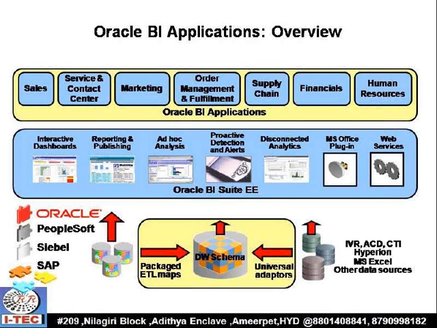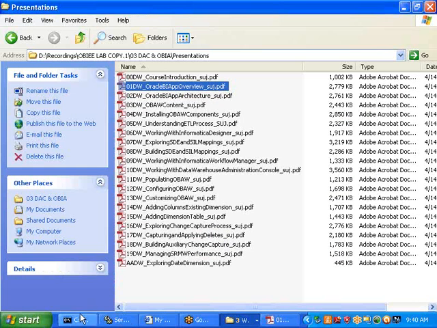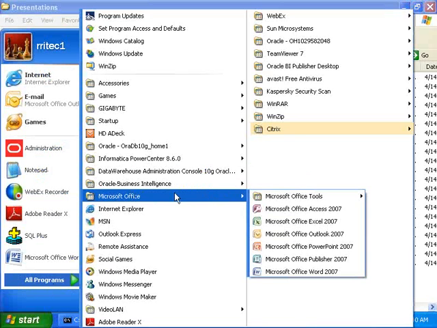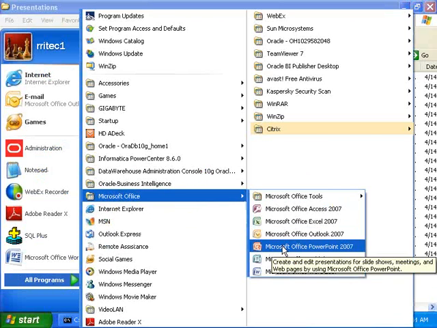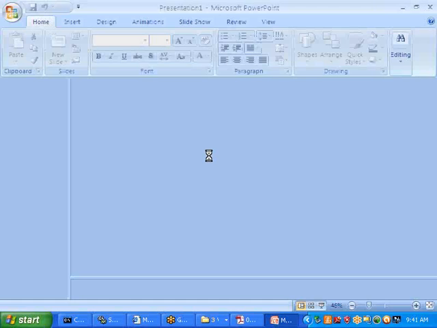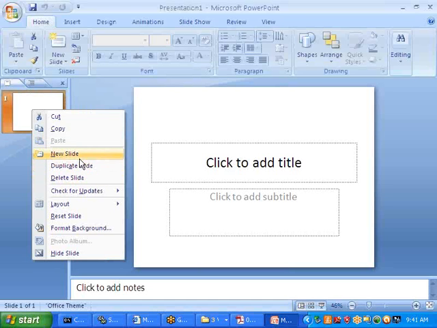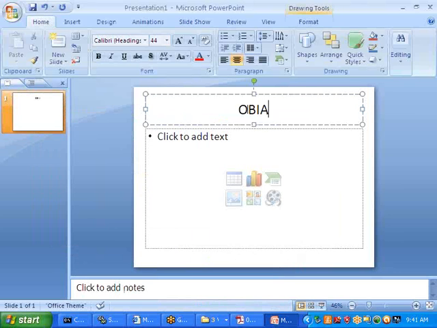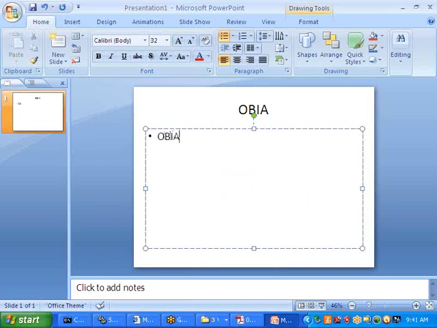So as per your project, we need to first select the Oracle BI application. As of now we are using two versions of these Oracle BI applications. One is called OBA 7.9.6.2. OBA versions are available, and presently we are using two of them. One of the versions is OBA